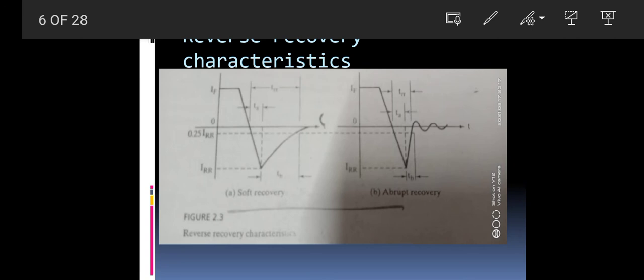This is the main part of the reverse recovery time.